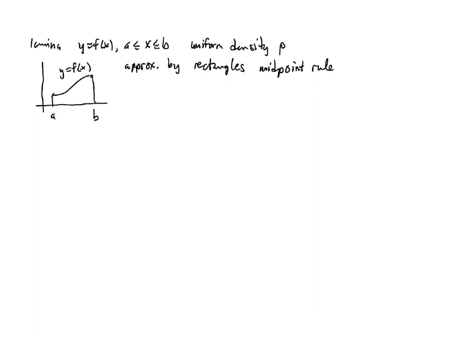Right, so I have n rectangles with width delta x, which is b minus a over n, and the ith rectangle